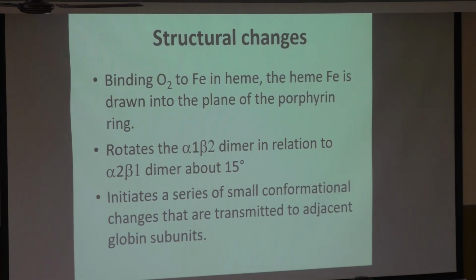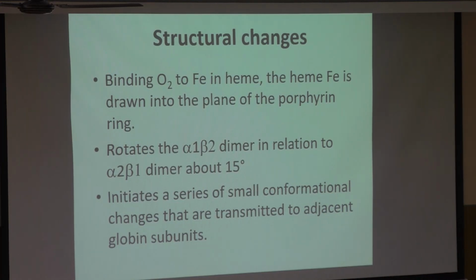The second change is the rotation. Now 4 units: alpha 1, alpha 2, beta 1, beta 2. Now alpha 1 and beta 2, and alpha 2 and beta 1, they have the two planes. So there is a tilt that happens. Okay, I will show you in the diagram how this tilt happens. So this tilt is about 15 degrees. Okay, so this 15 degrees. So this is the second change that happens, and another change, all this happens because of